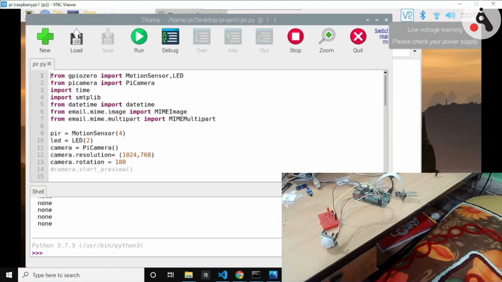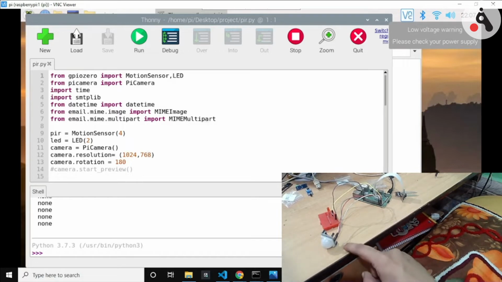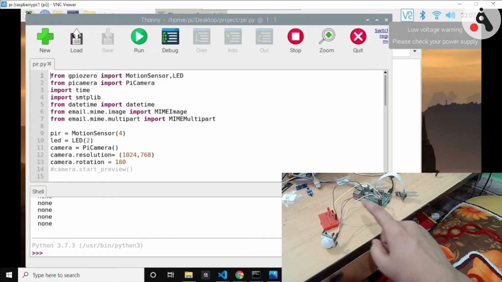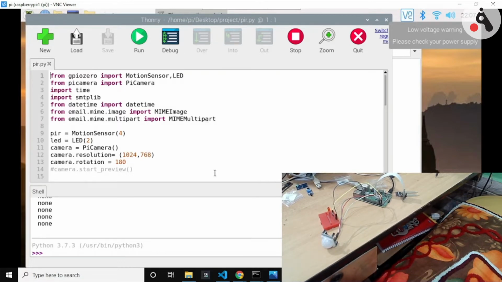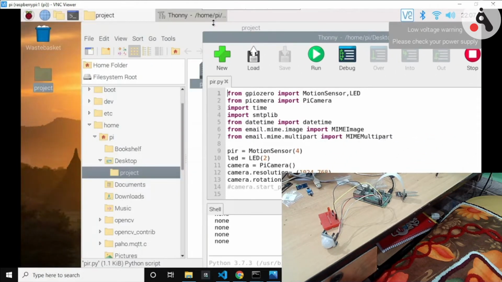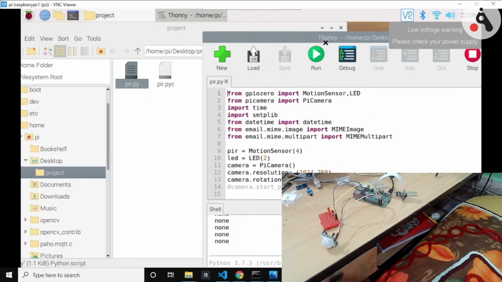So in this demo we can see that in the bottom right corner of my screen, this is my setup where we have this Raspberry Pi 3B Plus, and we have this PIR sensor which is connected to these pins, and we have one LED which will tell the state of when the motion is detected and when it is not. So let's see, this is the Python code, and we have one project directory, and this is the Python code pir.py. So there is nothing right now, and